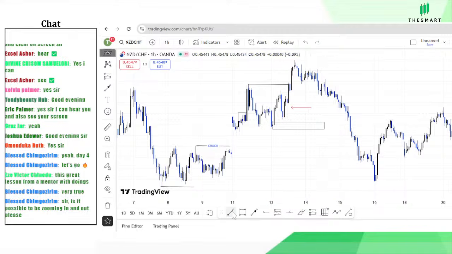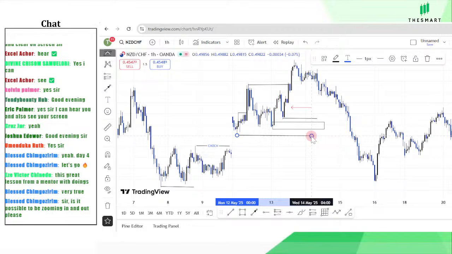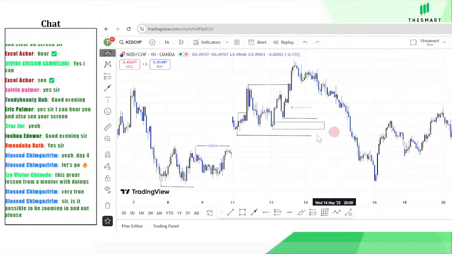This will have also served as our inducement for us to take our trades. But what happened? The market violated this point because we have liquidity sitting below our order block. We have this liquidity sitting below at this point, and that's why you see the price took out all of these zones, and the price came to the extreme zone,